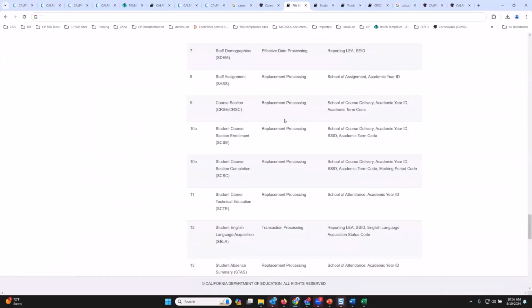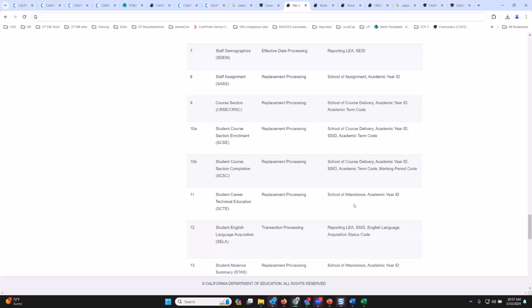You are able to see what types for any of your one are replacement processing. This is important because whenever you submit a file for a specific school that meets the same operating keys, to replace the file, it overwrites those records that exist in CalPads.